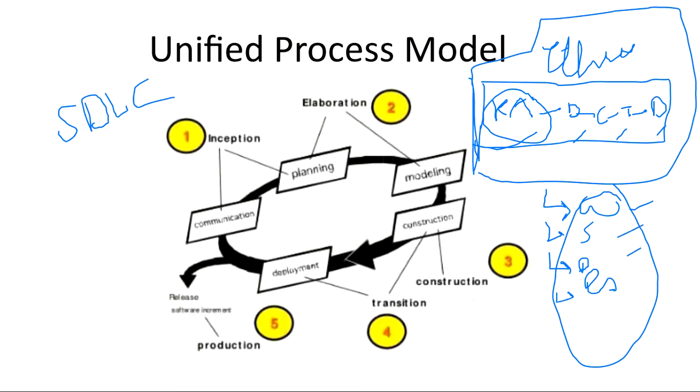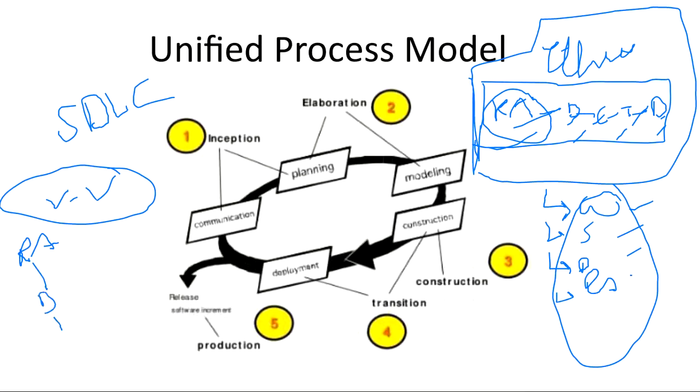But the basic concept behind all these models is that these processes are followed in this sequence only. A bit of the approach can be changed. For example, in the VV model, the verification validation model, you are performing these phases: requirement analysis, design, coding, testing, but simultaneously you are validating also at each step. So all these models, waterfall model, spiral model, VV model, prototype model, any kind of model in software engineering you can think of, are an example of SDLC only. They are a way to perform SDLC, right?